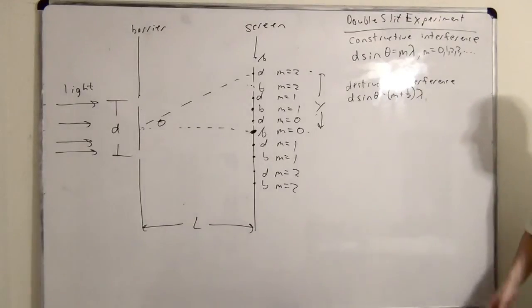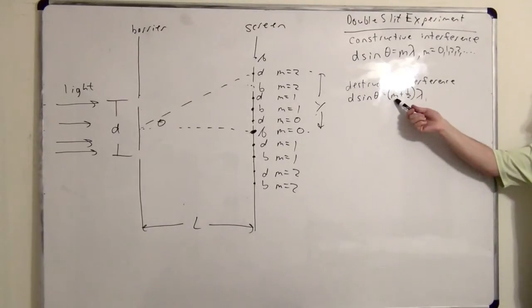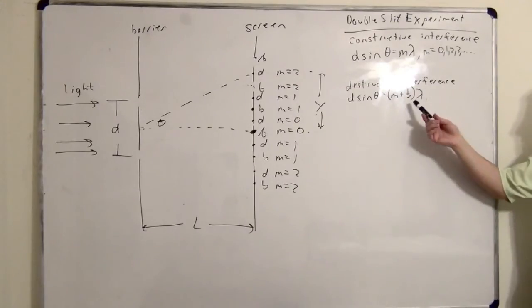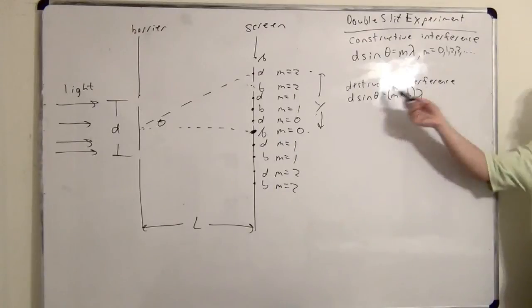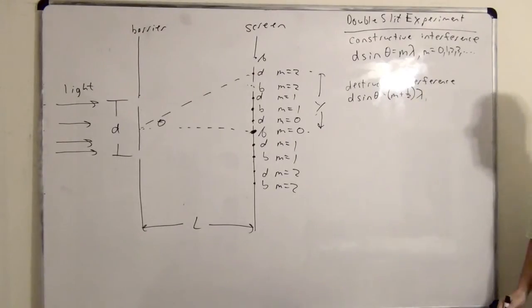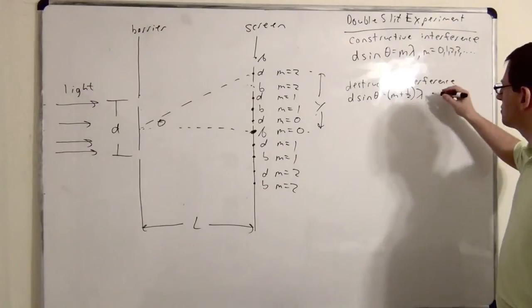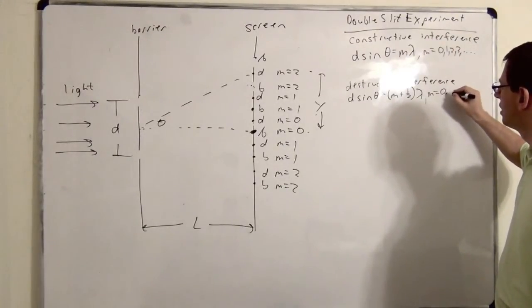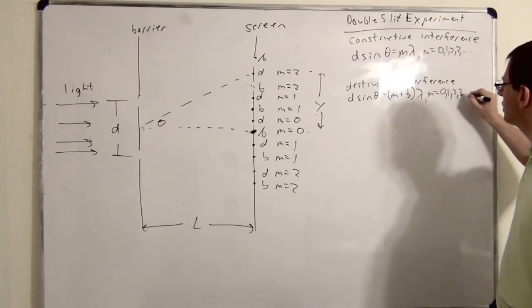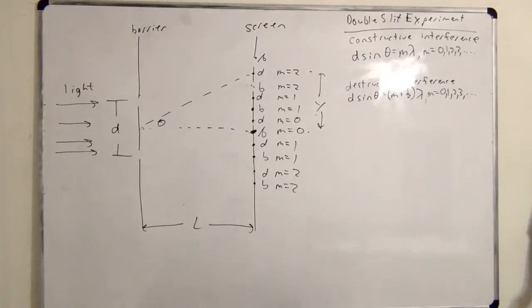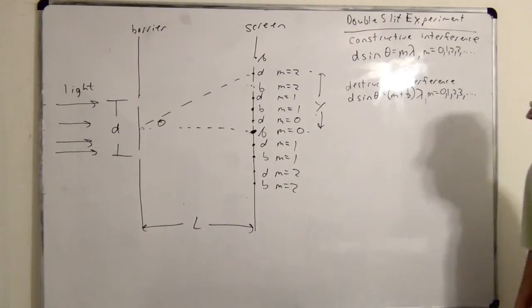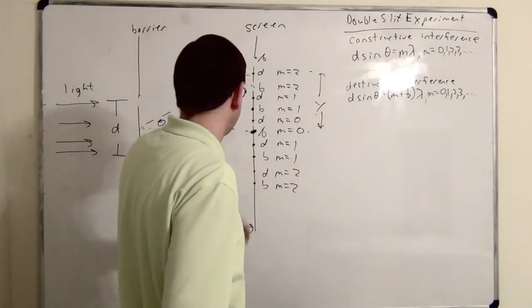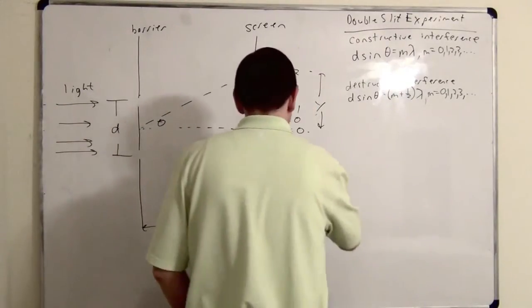How about for this equation? Is it possible for m to be 0 in this equation? Yes. It doesn't mess us up. We just have d sine theta is half a wavelength. There's no reason why d sine theta can't be half a wavelength. So what's the smallest possible m here? 0. And then 1, 2, 3. So in these two cases, they have the same possible indexes. But later we might see other equations where m can't be 0. I was already taking for granted that m could be 0 here. Did I mess this up? It should be.